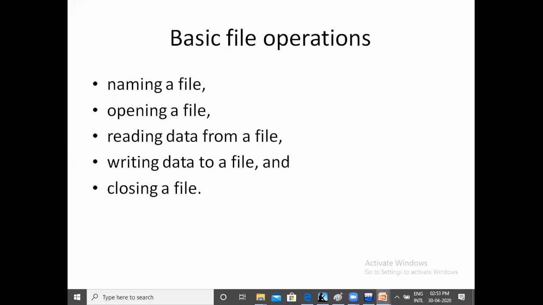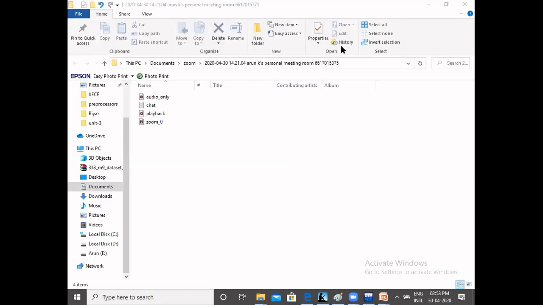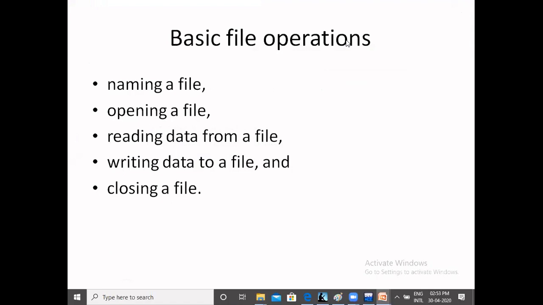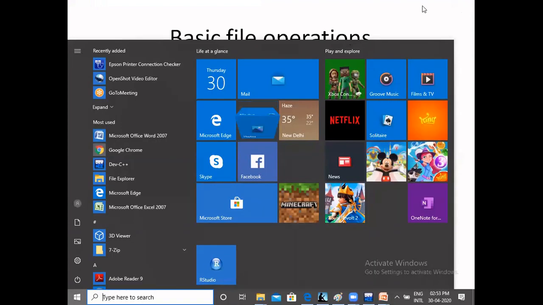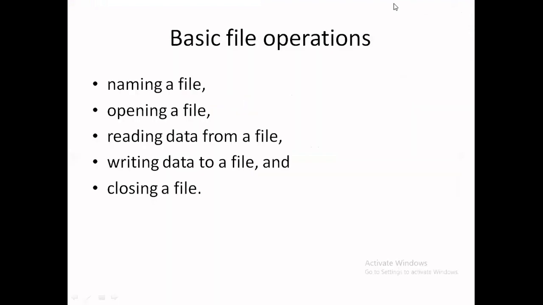Next, what are the basic file operations? Basic file operations are very simple. Every file must be stored with a particular name. You create file by file, and each must be given a particular name. Next, after creating the file, you can open the file.